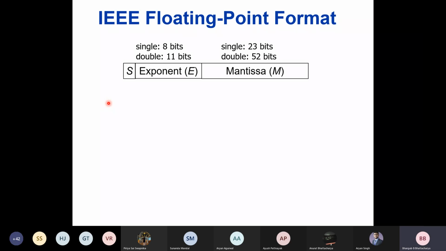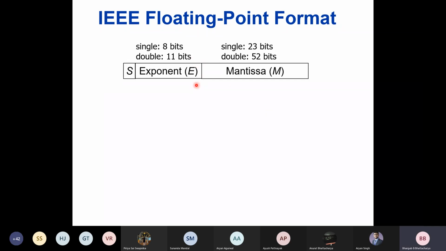Because if you have more bits in the exponent field, that means it is 2 to the power, so many bits you can go up, right? So the range of the representable numbers is determined by the exponent field. And what is determined by the mantissa? Precision. Yes, how many bits are there after the binary point, right? So there is a trade-off between this, right? They have decided that 8 bits and 23 bits. Somebody might have chosen an exponent of 10 bits and a mantissa of 21 bits. That's also possible.